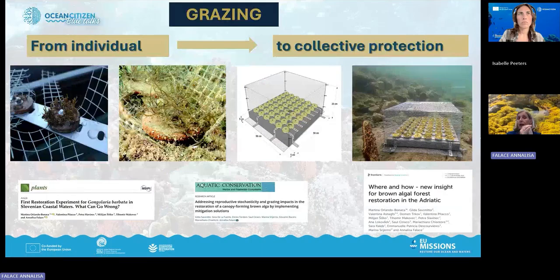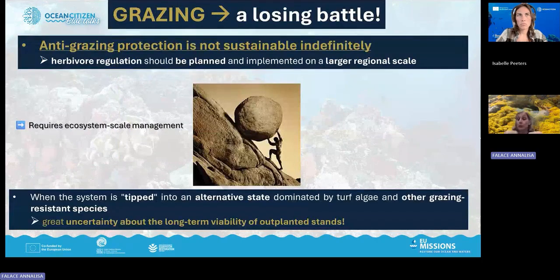We have tried different kinds of cage protection, anti-grazing protection, but grazing, in my experience, is a losing battle. You cannot sustain the anti-grazing protection for a long period. So if you have a problem with grazing, the best is to avoid any kind of restoration inside this area,